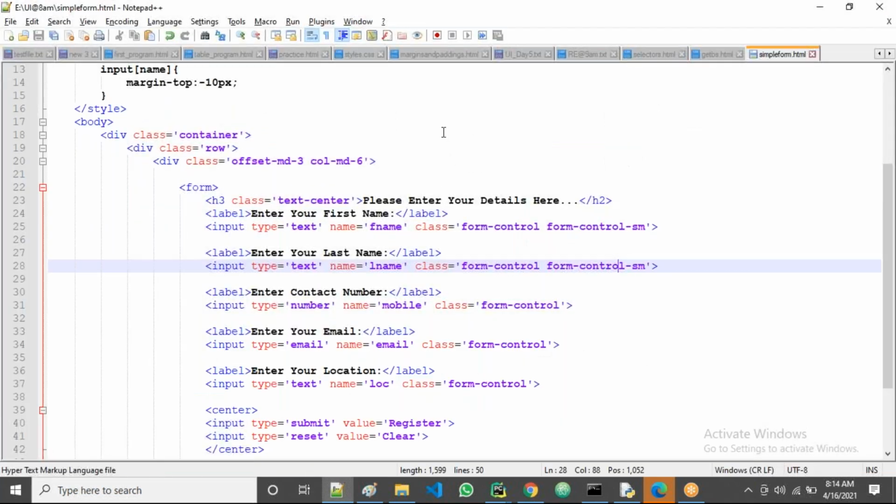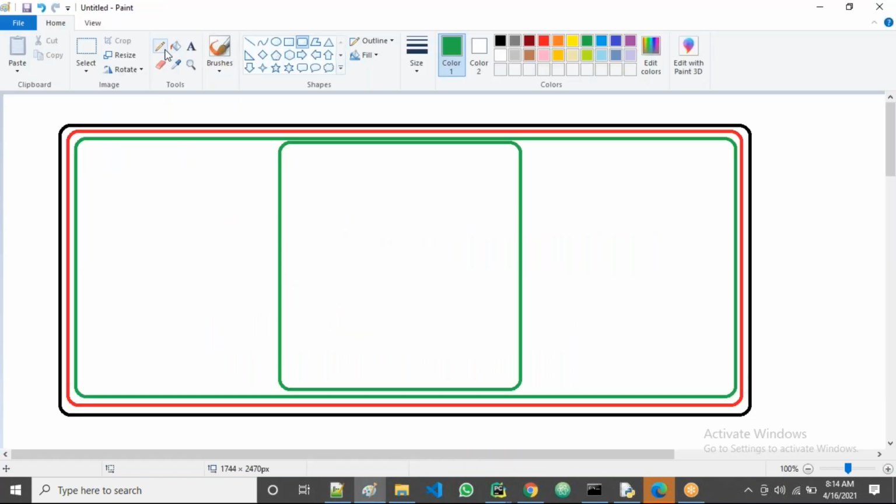So first of all, we are taking the container, then the row. In that row, I am using six columns, skipping three, using six. In the six columns, first of all, enter your first name. For that, we have taken one input box like this.